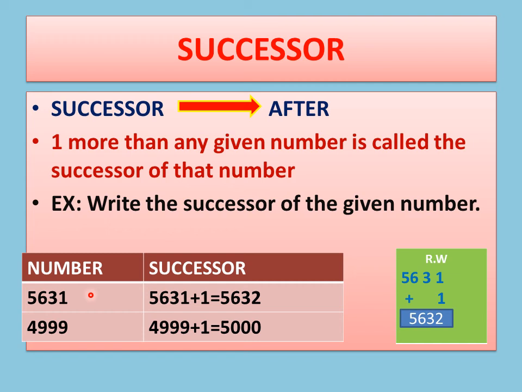So जब हम किसी भी नंबर में 1 ऐड करते हैं, जो ऐड करने के बाद हमें नंबर मिलता है, that is called successor. So in this way we will solve predecessors and successor. So predecessor, pre means पहले, means हमें -1 करना है, और successor means after हमें +1 करना है. Okay, I hope you all have understood the chapter.